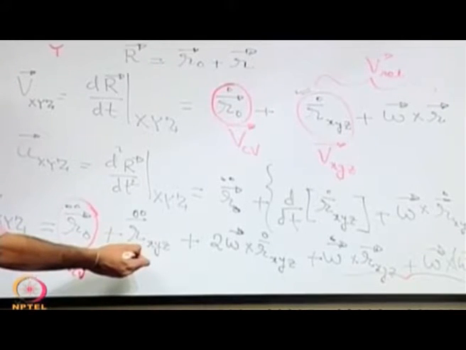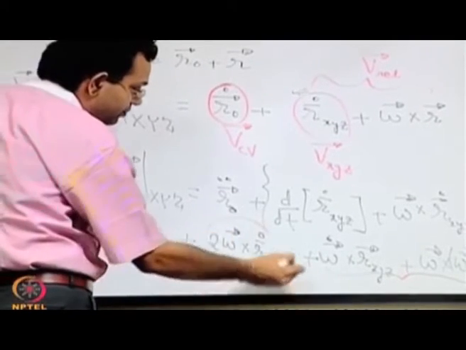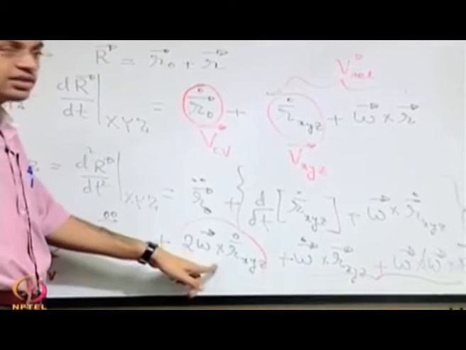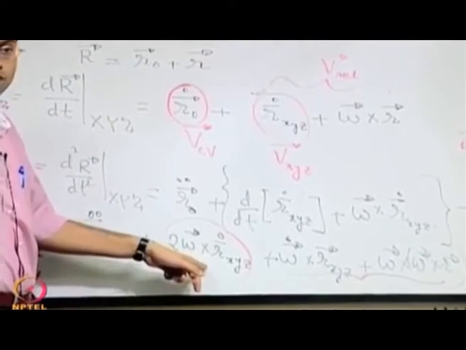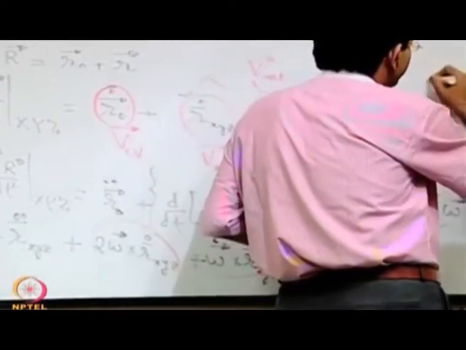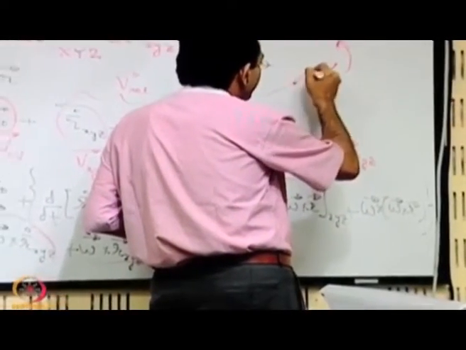This is because of the linear acceleration of the particle relative to the control volume, and this is a combination of linear and angular motion effect. So as you all know, this is called the Coriolis component of acceleration. So where does this Coriolis component of acceleration come from? If you have a reference frame that rotates and relative to that reference frame something translates, the combination of that gives rise to an acceleration.